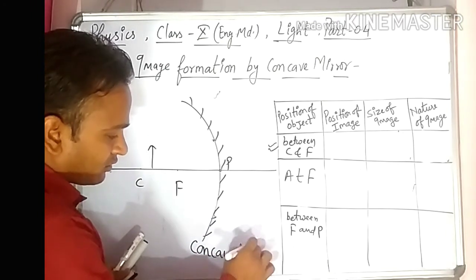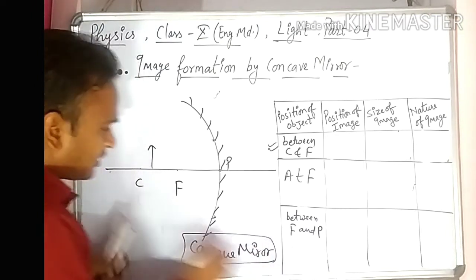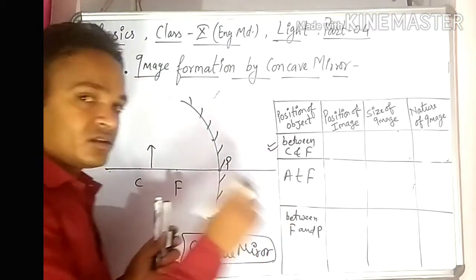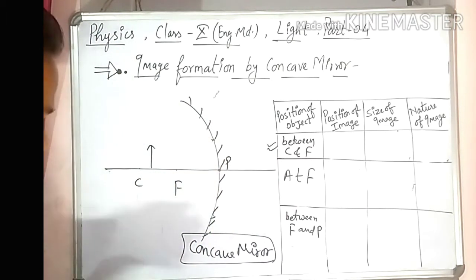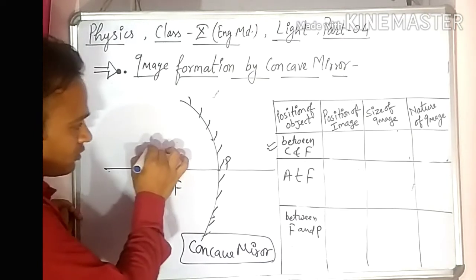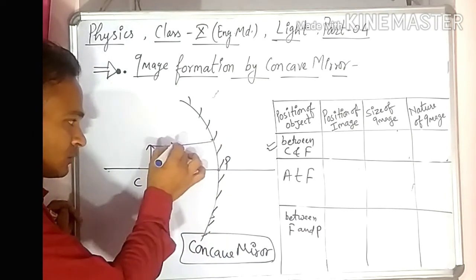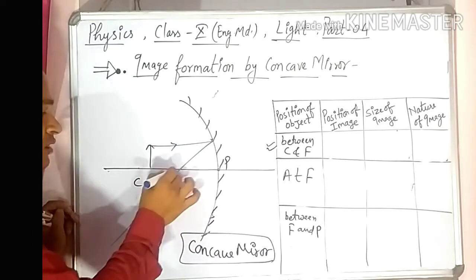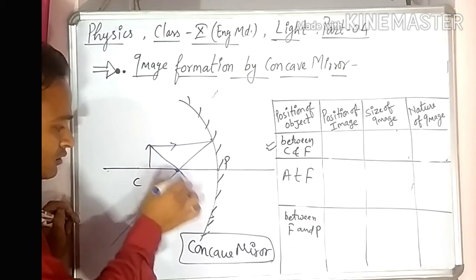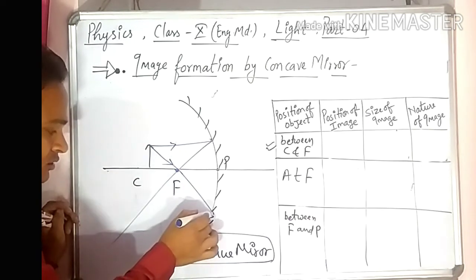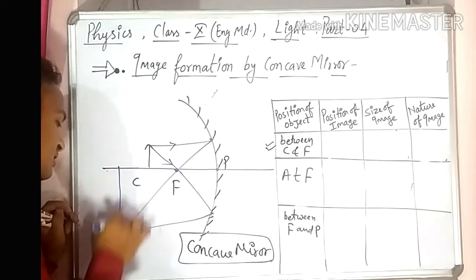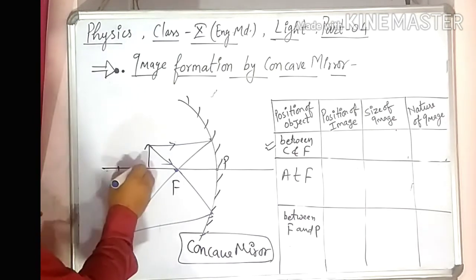Which type of mirror? Concave mirror. We have to change only the object position in every case. So what can we do? First of all, a ray which is parallel to the principal axis will pass through the focus. Second, a ray which is passing through the focus will be parallel to the principal axis, and where they meet